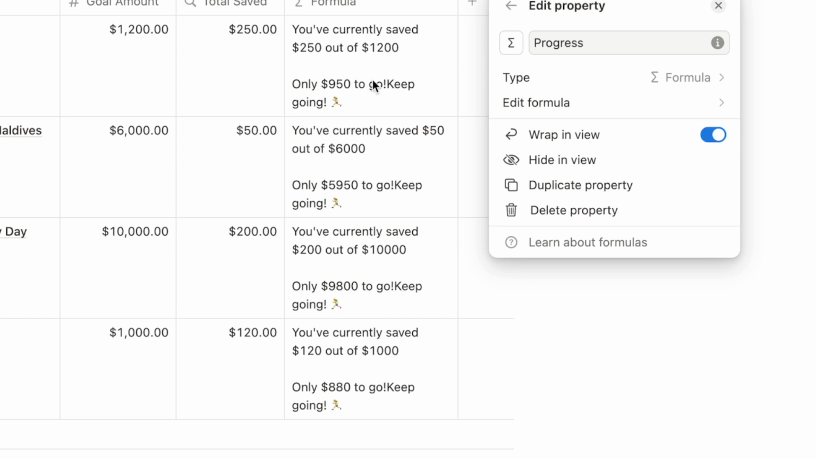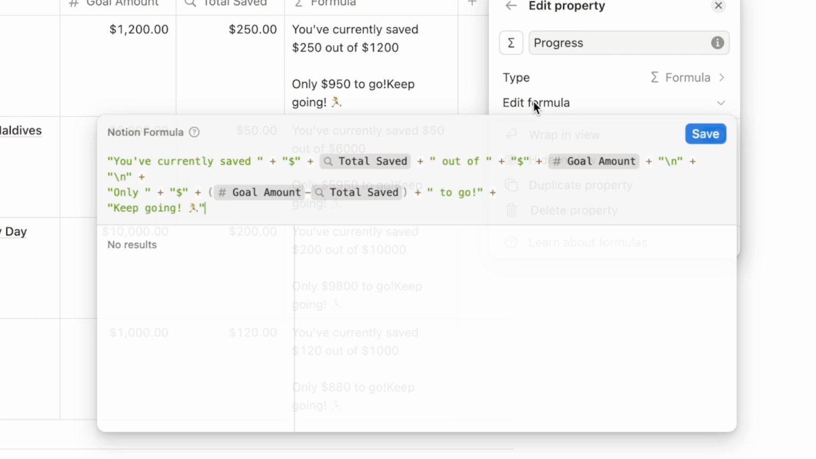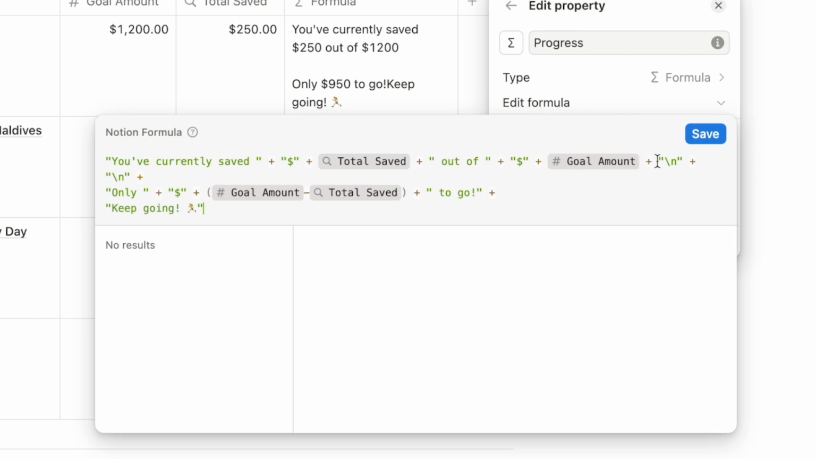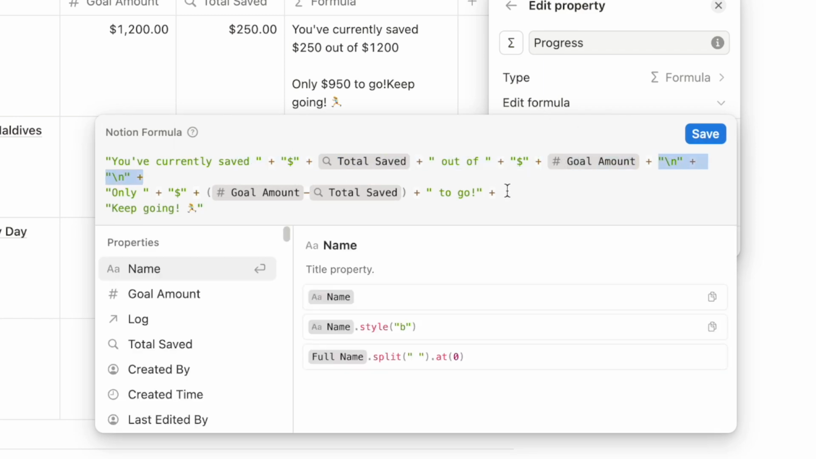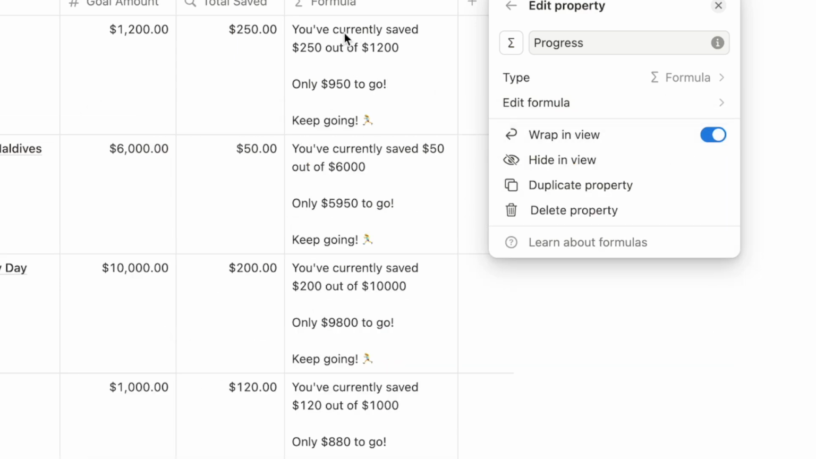So I want to do that again between this only 950 to go and keep going. So let's just edit the formula, and I'm actually just going to copy this here and just paste it in here. So after to go, we already have the plus symbol, so I'm just going to paste it in. So it says to go, then we've got one N, two Ns, and that's going to give us two line breaks in between. Click save, and as you can see, they're now each on individual lines, which I think looks a